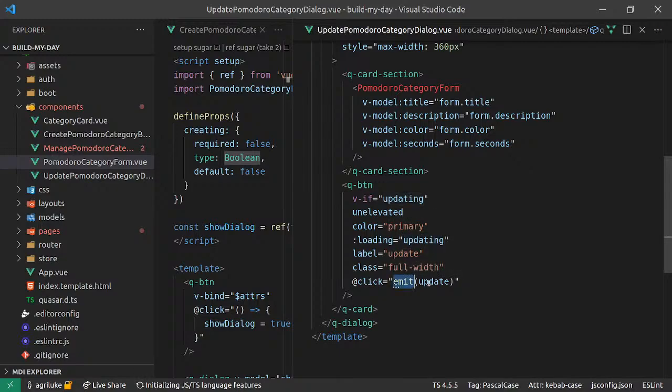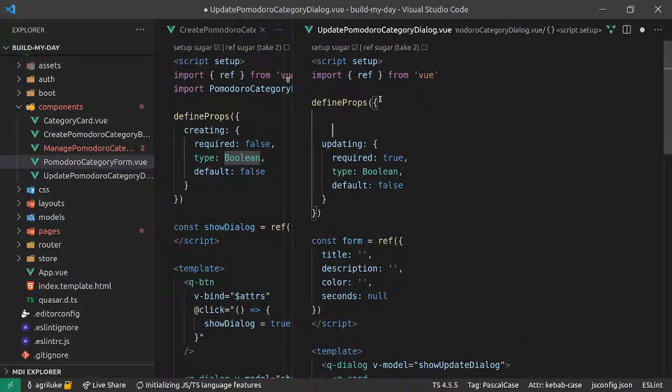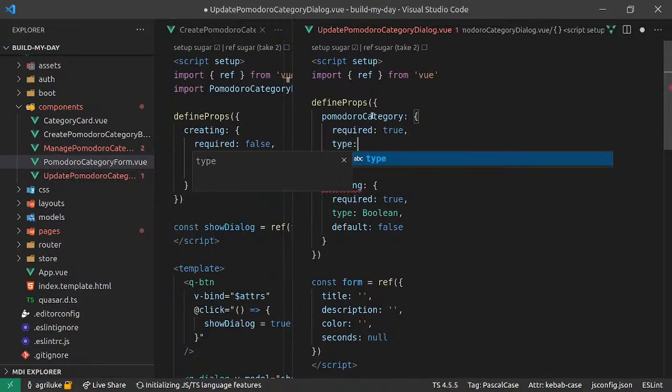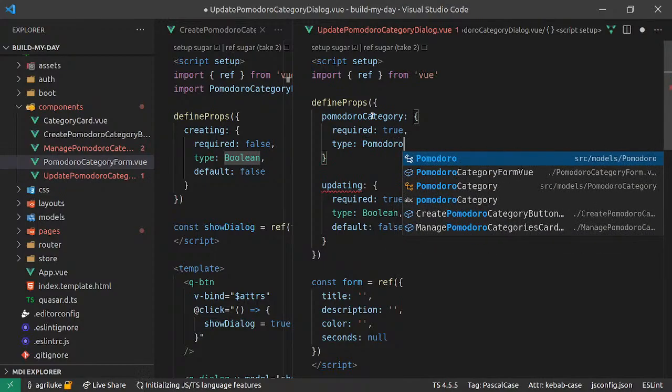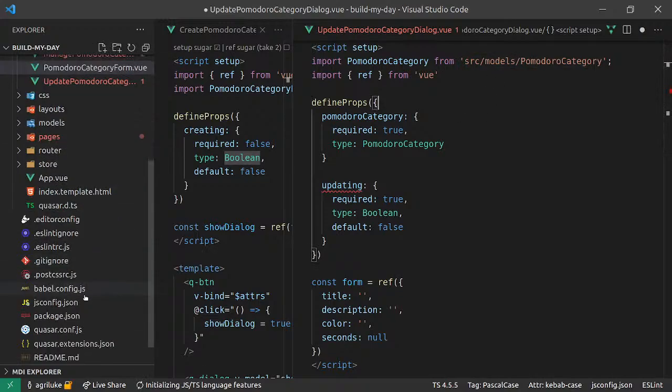Update, so this is going to emit an update event, and that's going to send through. This then is, of course, going to have to accept a Pomodoro category. Pomodoro category, required true, type Pomodoro category. So we'll go ahead and import that. This is coming from source models. We should have that models directory